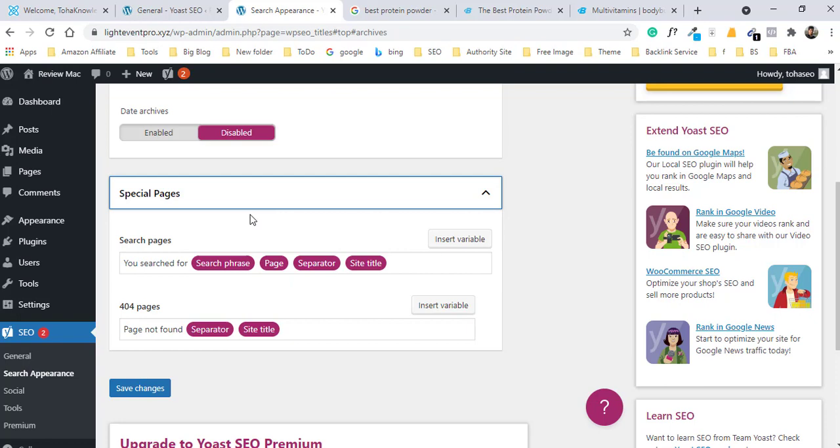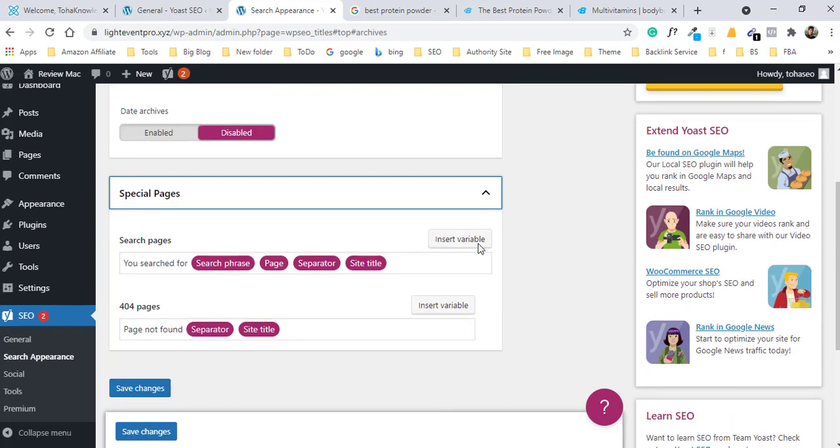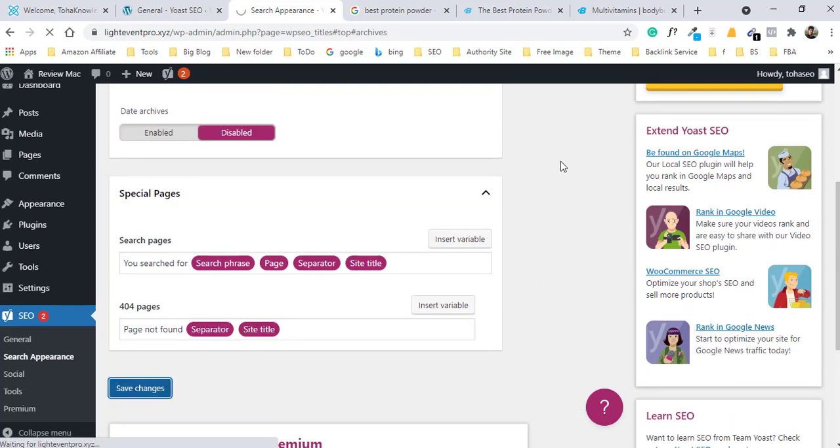When someone writes a wrong URL, you can display the 404 page with site links, then the user can easily go to their preferred link or pages. So it's very helpful. So save changes.